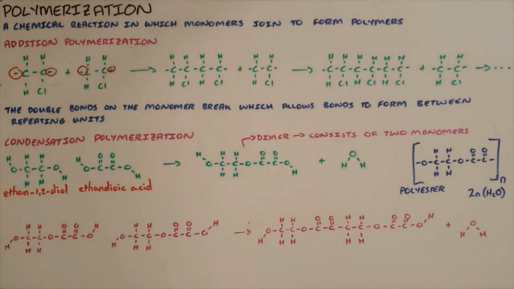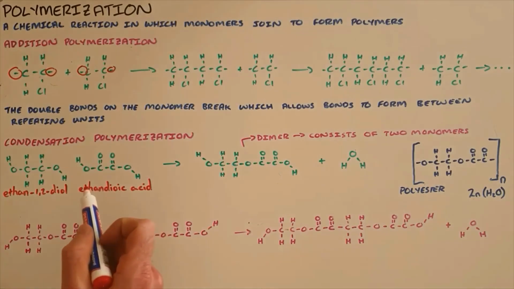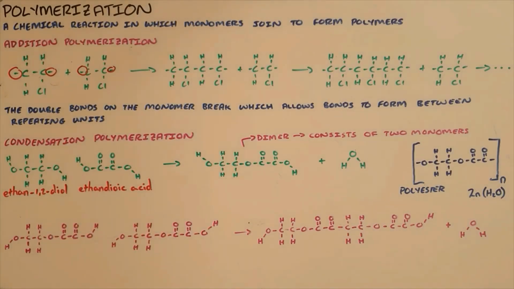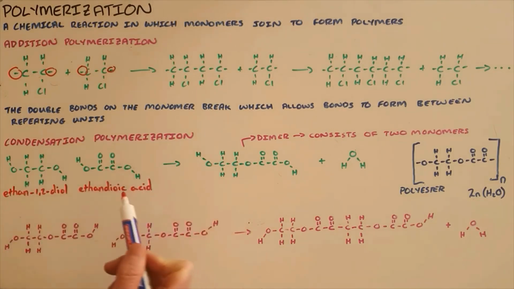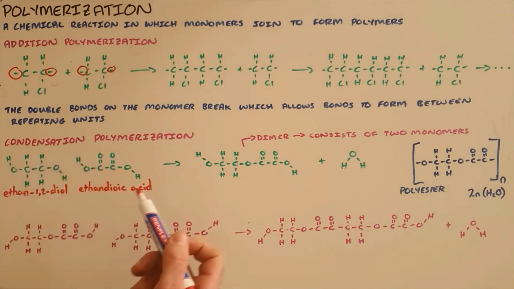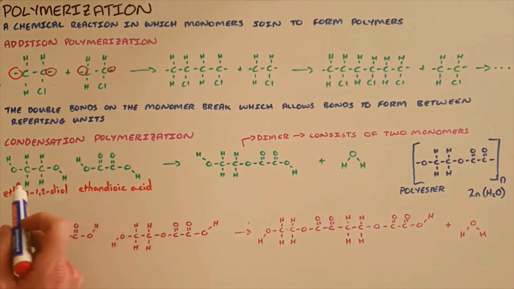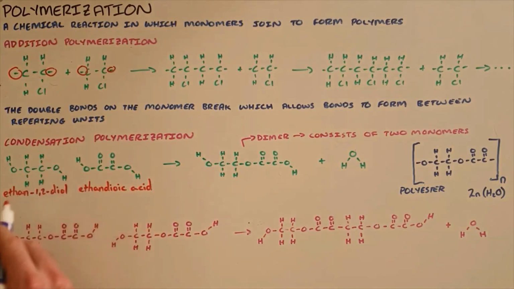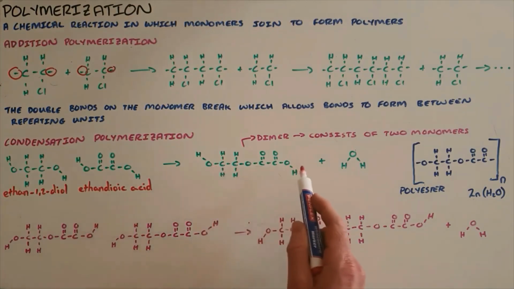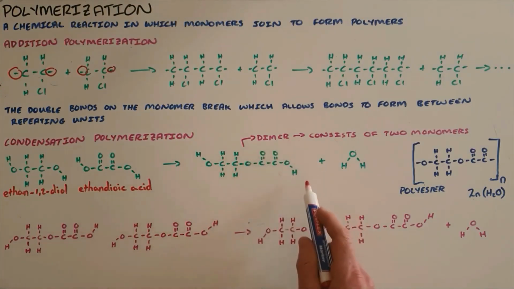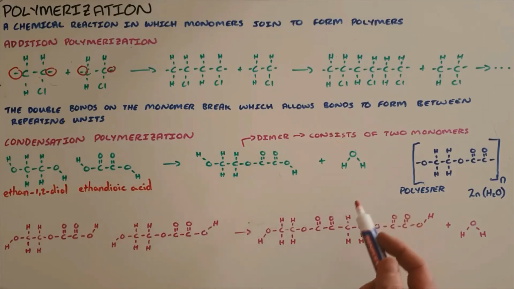The second type of polymerization reaction is the condensation polymerization, and this example here shows that there are two steps to this process. The first step being the alcohol combining with a carboxylic acid in the process we know to be esterification, and specifically this being ethane 1,2-diol combining with ethanedioic acid. That goes on to form what is called a dimer, which is essentially a molecule that consists of two monomers